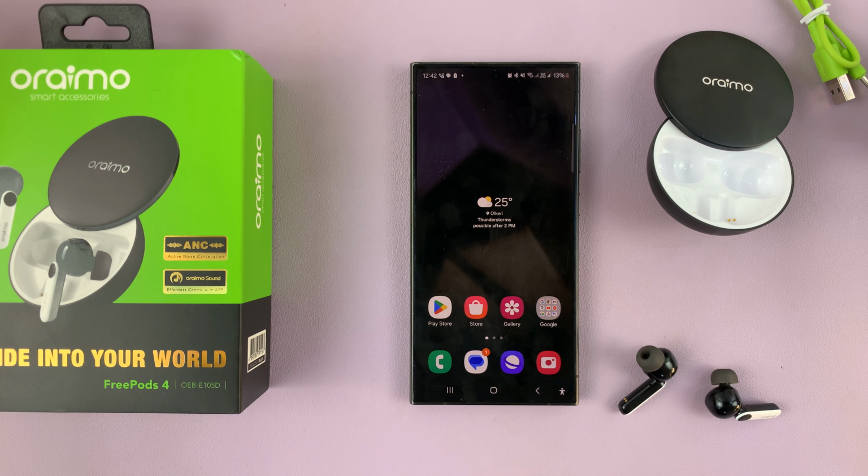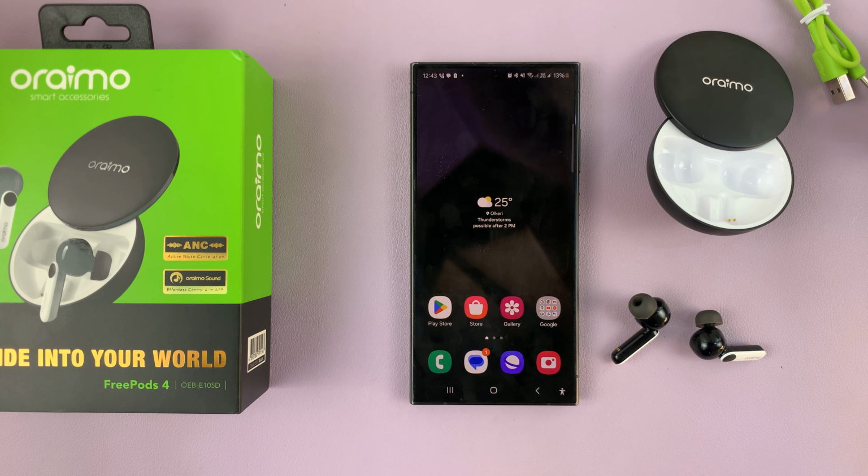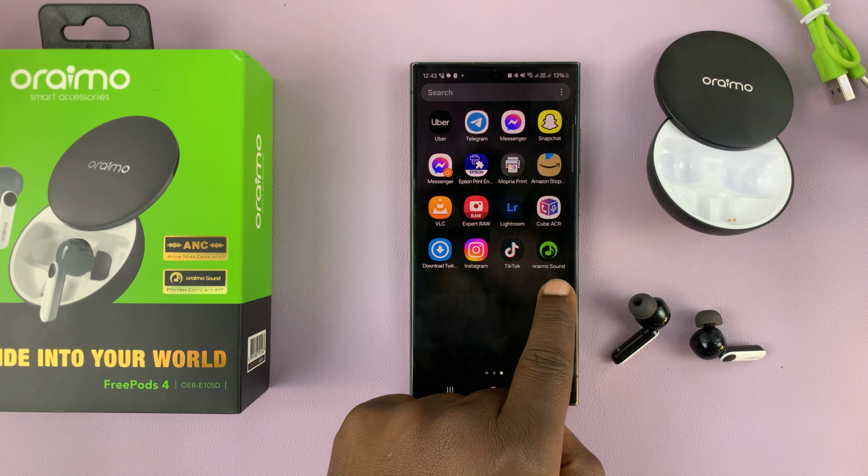I'll be showing you how to enable and also how to disable transparency mode on the Oraimo FreePods 4. So the first method is using the app. Go to the Oraimo Sound app,